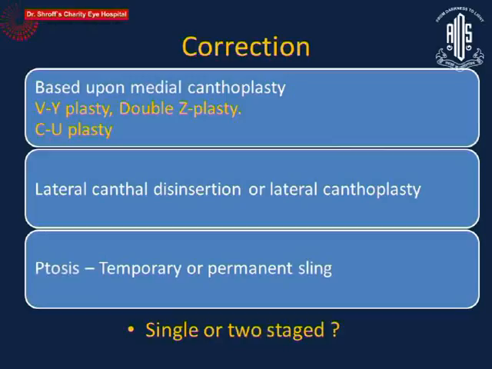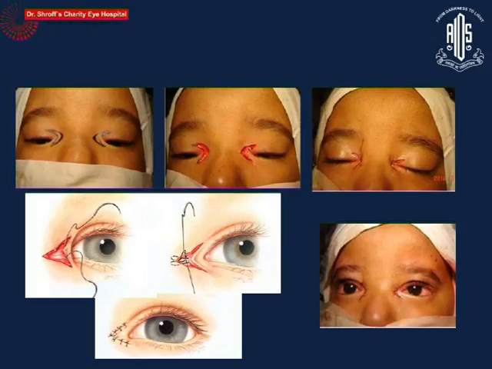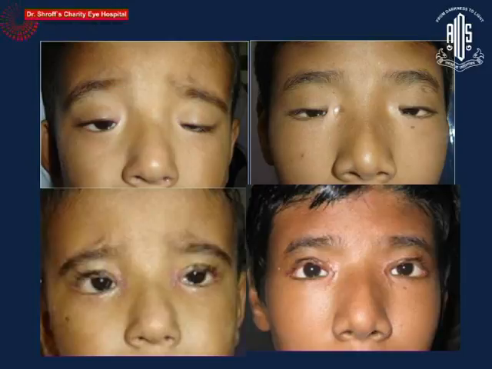In smaller children, we tend to just correct the ptosis to expose the pupillary axis, and when the child grows up, say about 5 to 6 years of age, that is the time when the medial canthoplasty is done. The conventional canthoplasty which has been described is the double Z-plasty or the Mustardé technique, which leaves quite a bad scar in the medial canthal area. So what is more preferable is doing a Y-V plasty where the scar is not very obvious, and combining this with a lateral canthoplasty and a temporary ptosis correction can give a better cosmetic outcome.